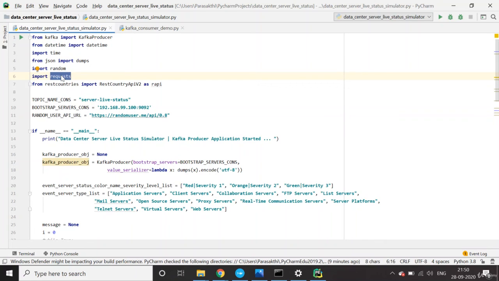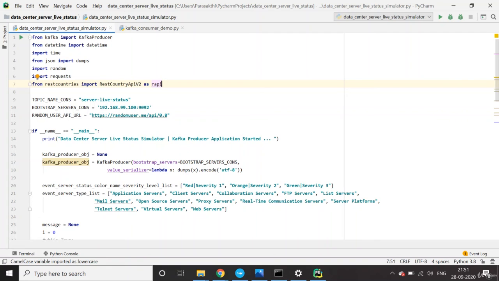Apart from this, I'm also importing a package called rest countries. I will generate random countries, and for the city I'm just picking the capital city.